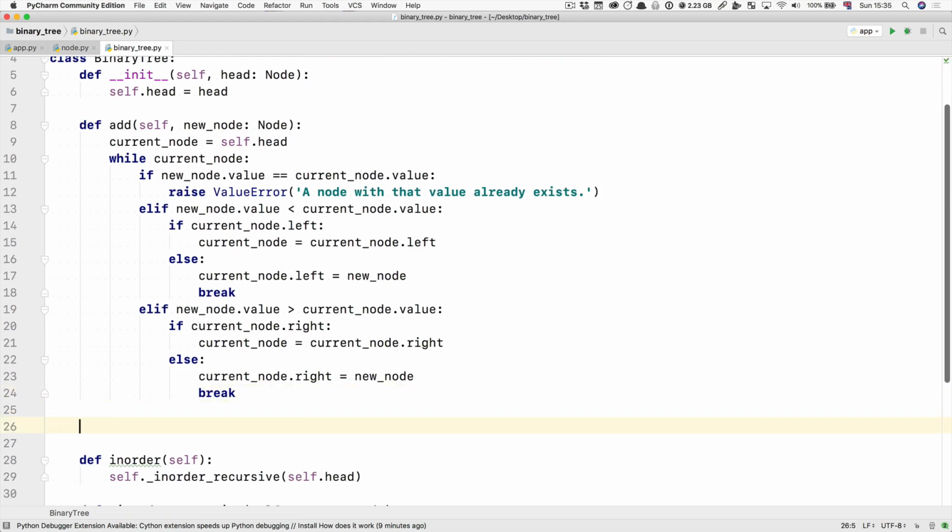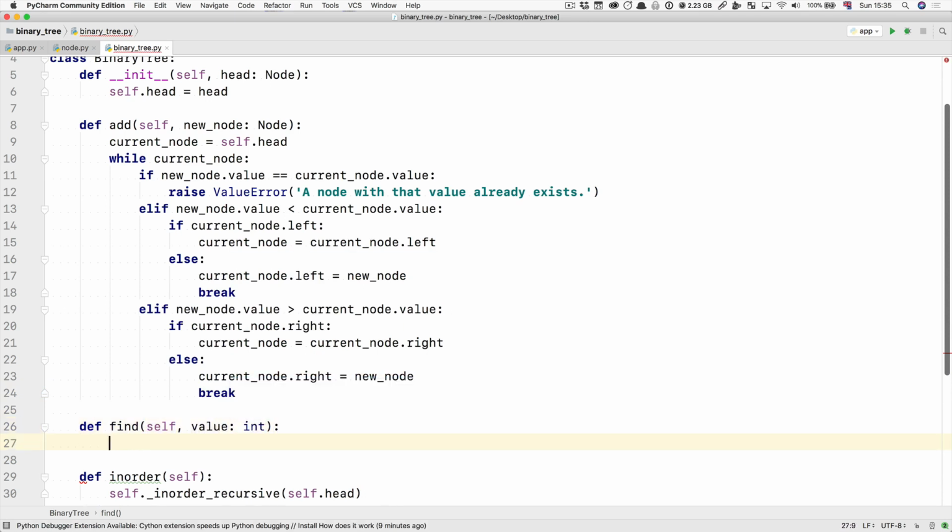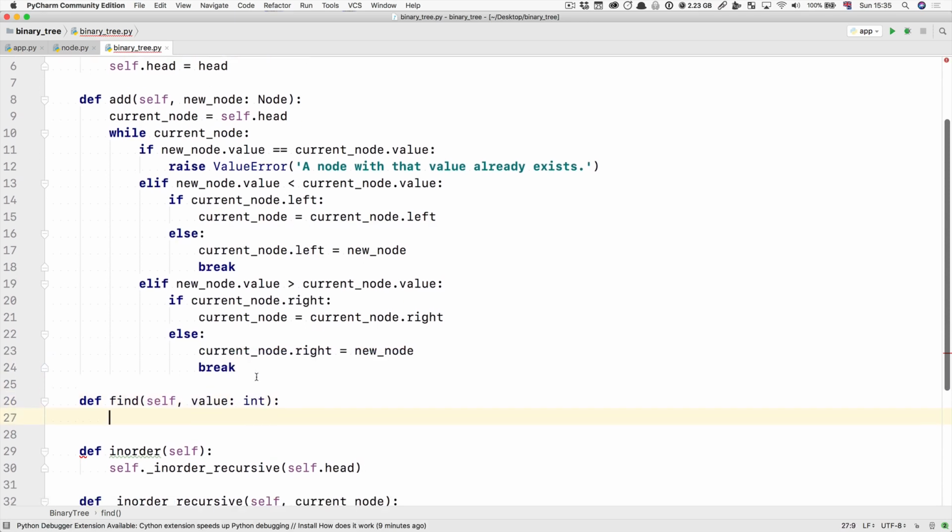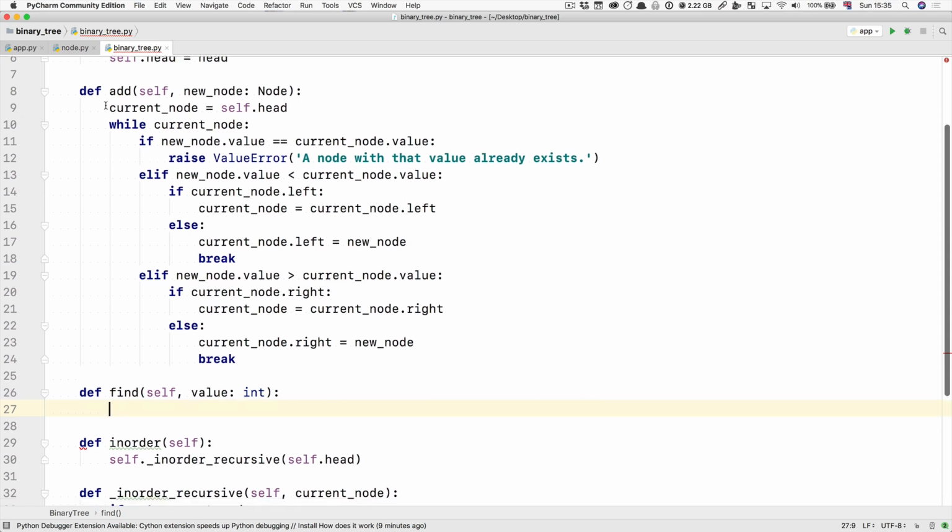Let's create here a find method, and we're going to look for a specific value that is going to be an integer. Notice that the values of our nodes are all integers, so the value we're looking for is going to be an integer as well. We're going to do pretty much exactly like the add method does. We're going to start at the head,